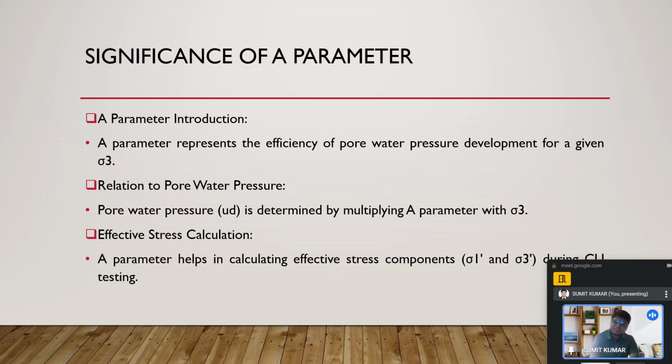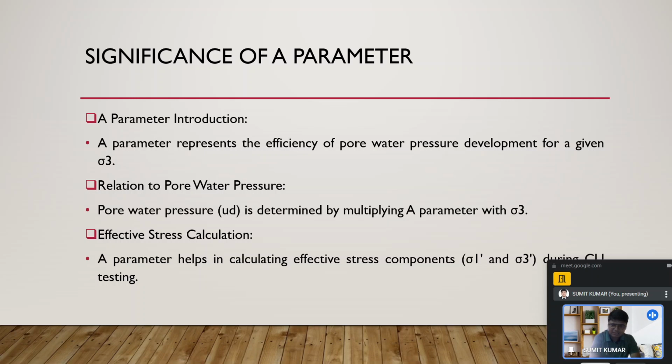When we talk about the significance of the parameter, the parameter represents the efficiency of pore water pressure development for a given sigma 3. While applying a confining pressure, what will be the pore water pressure developed under the specific drainage condition taken during a triaxial test, and the relationship with the pore water pressure is determined by multiplying A and B, and A and B are the Skempton parameters, which we have discussed during our second